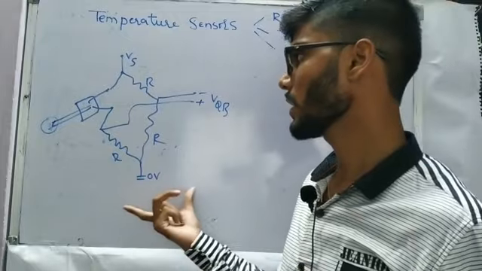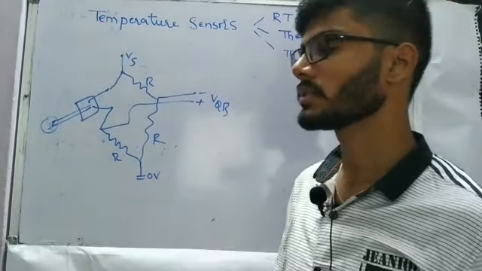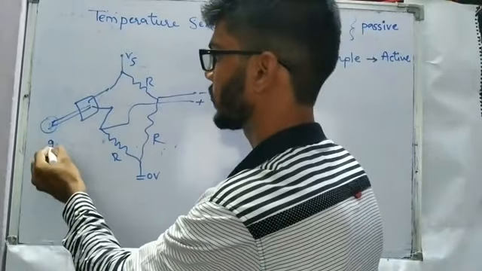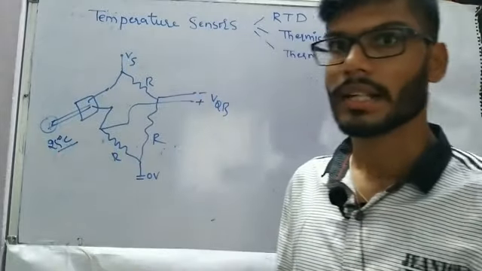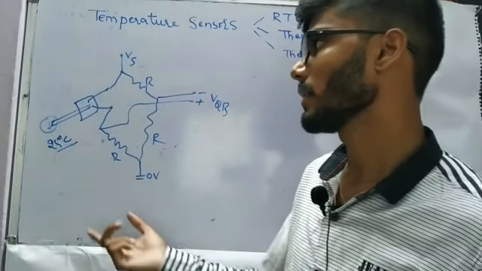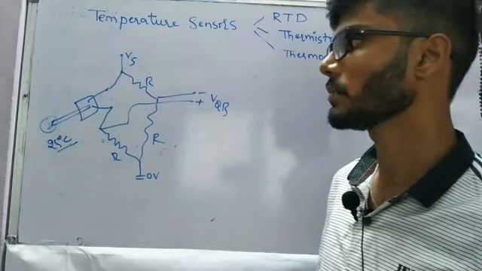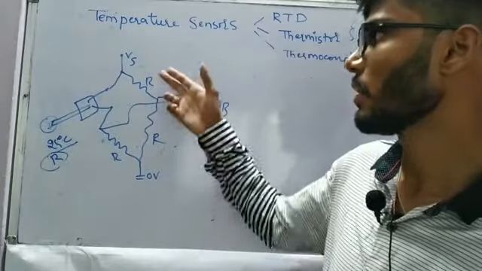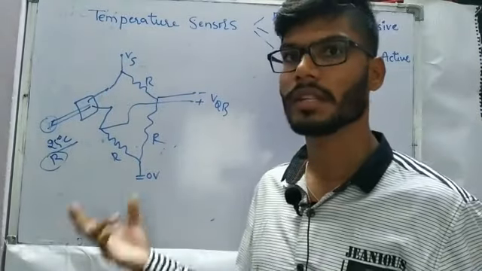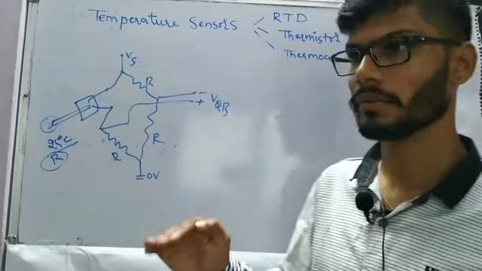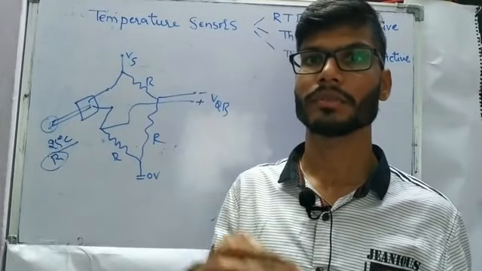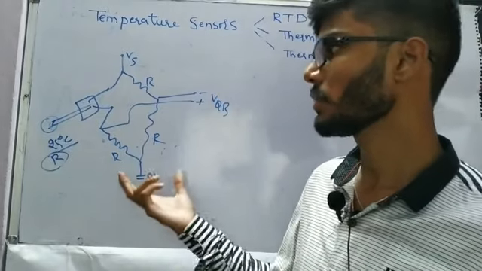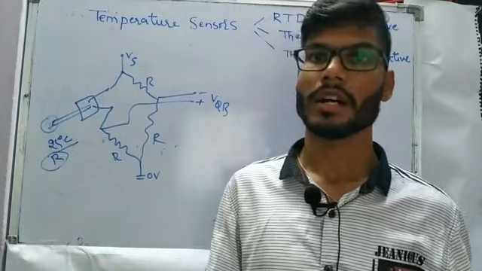And also, as I mentioned, we have to be very careful about the resistances at the beginning itself. For example, our environmental temperature is 25 degrees Celsius, and we are going to start our experiment from 25 degrees Celsius, and the resistance of platinum at 25 degrees Celsius, let us say some value R. So we have to make sure that all the other resistances of the Wheatstone bridge in all the arms should be equal. Then only, if we are changing the temperature from the reference point to some other point, because we are taking the reference as 25 degrees Celsius, will we be able to get some proportional output.